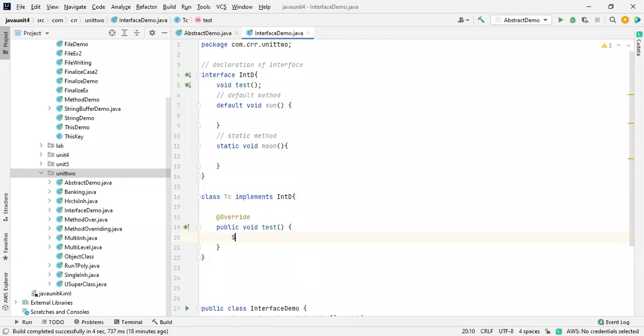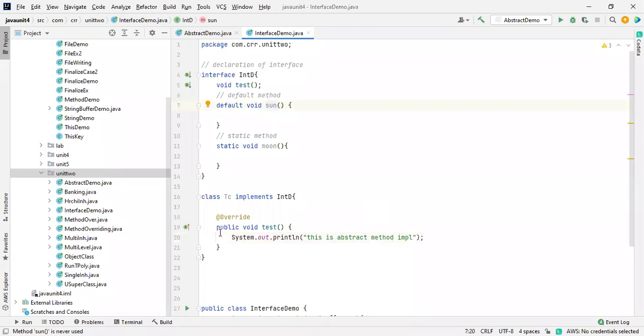So now, inside this is the abstract method implementation. This one has been implemented.